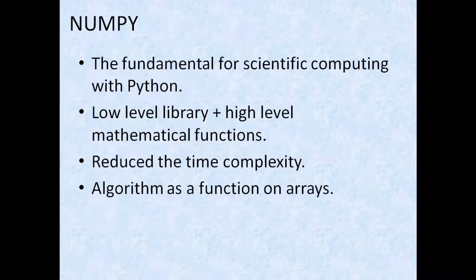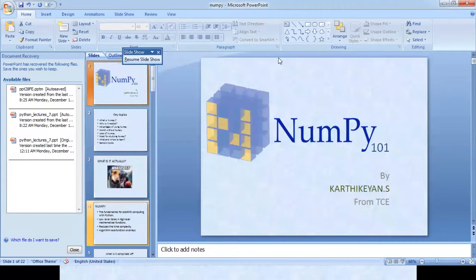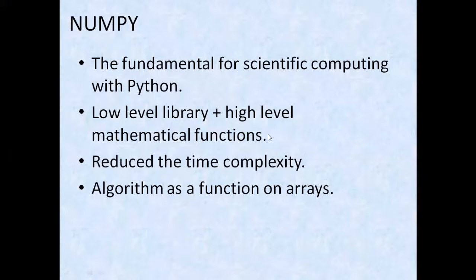Initially, Python came up with just a list. A list is similar to the arrays which we use in C, Fortran, C++ and other languages. In Python, they haven't included the array concept; initially they just included list instead of arrays. A list is also like an array, but it is expandable. We can expand it or shrink it, we can reduce the size, we can increase the size. So it is also an advantage of list over array.